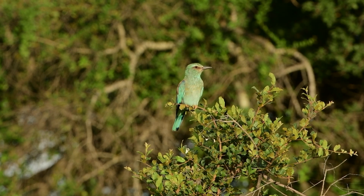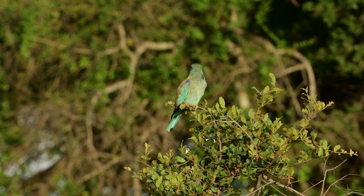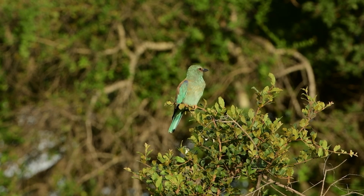But what I always find quite interesting is that as soon as they do come back into the area, which is usually around November, December, usually December, it's almost like the lilac-breasted rollers get displaced. And they get out-competed by the European rollers. The Europeans are a little bit bigger. They're maybe 10, 15% bigger, if that. Let's call it 10. I suppose for that reason they outclass the lilac-breasteds